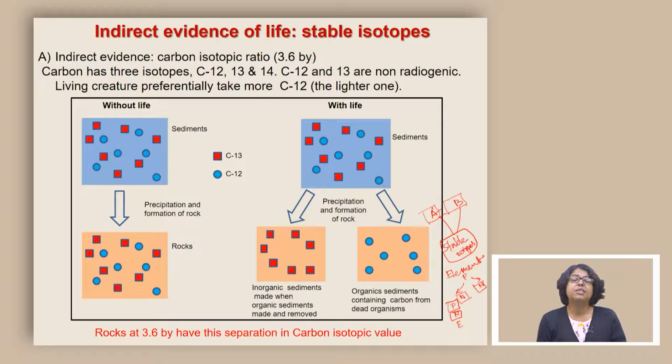By phase change, I mean changes in their physical state. It could be a situation where they are going from liquid to vapor. It could be a situation where they are going from vapor to liquid back again, or they are crystallizing from the liquid. So, any such change is going to change the ratio of different isotopes of the same element if they are stable, primarily because of their mass difference.